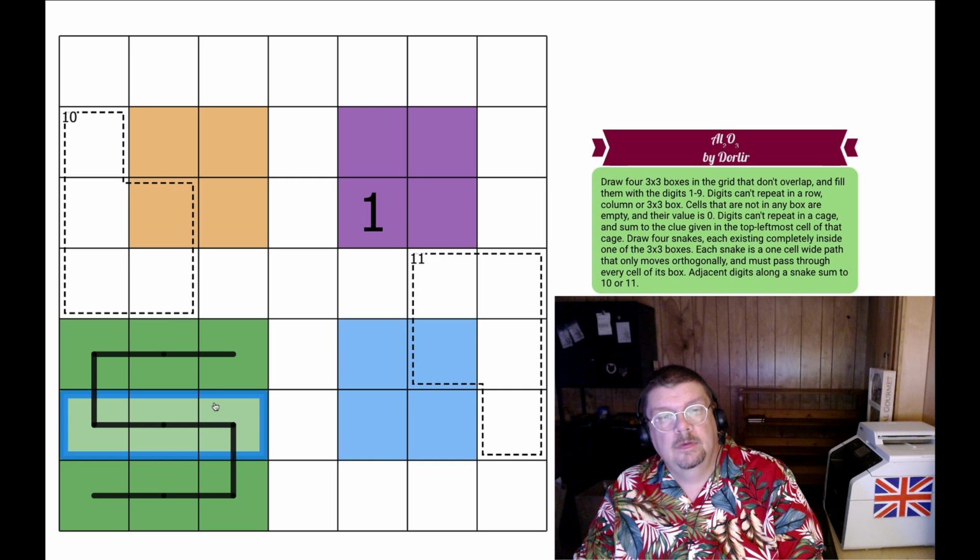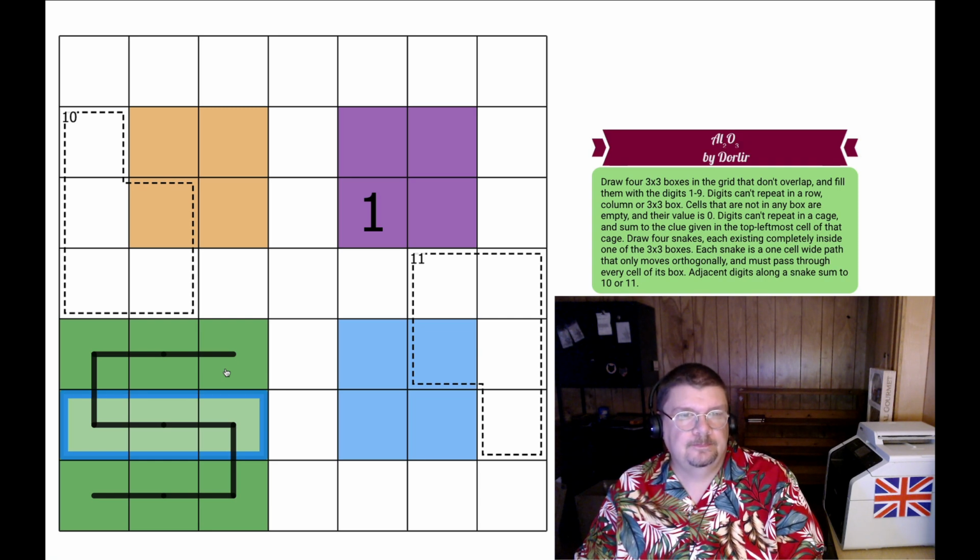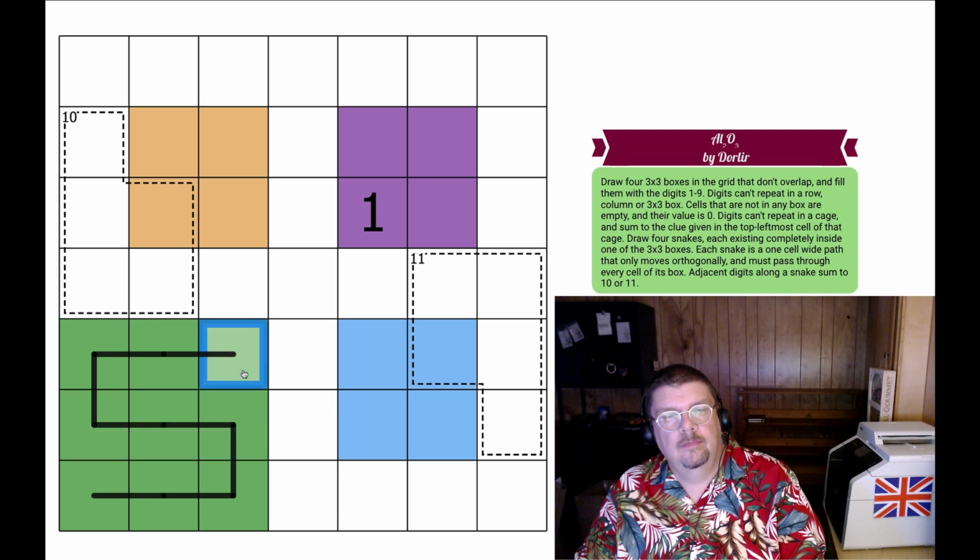Okay, 1 cannot form a pair to make an 11 because there is no 10 digit. And 5 cannot form a pair to make a 10 because that would require a second 5, but this is all contained within a box, and so we can't have a second 5 because it'll be in the same box and we can't repeat digits in the box. So 1 and 5 have to go on the ends of the line,